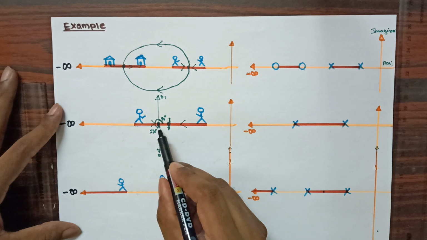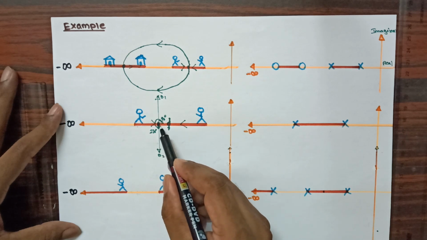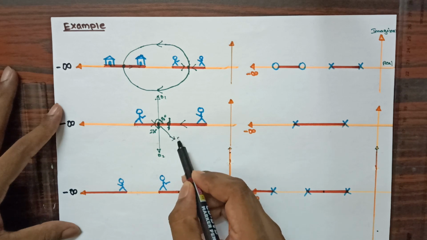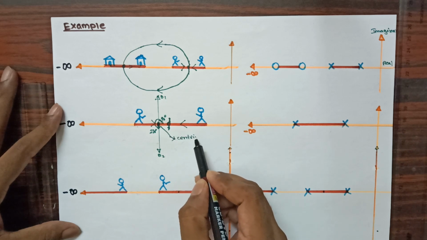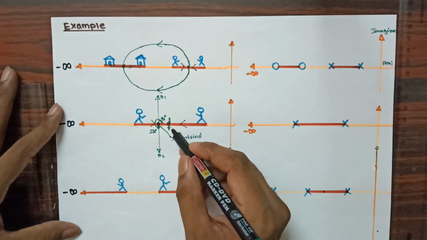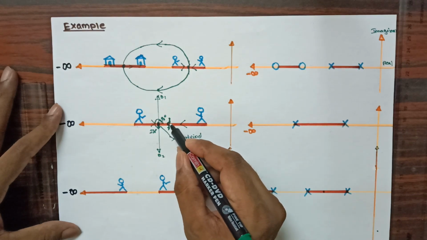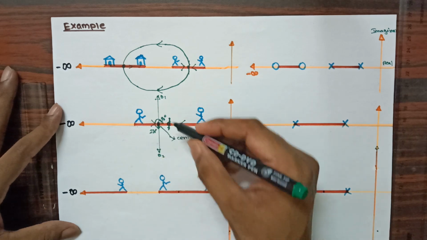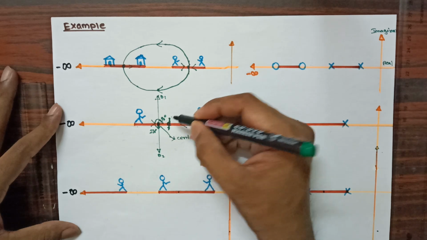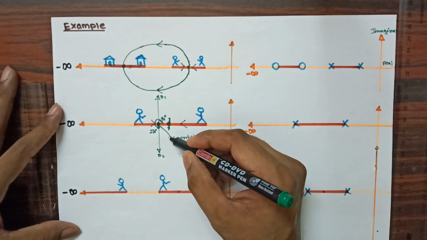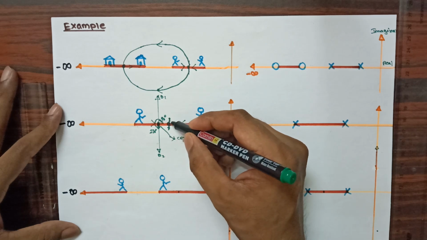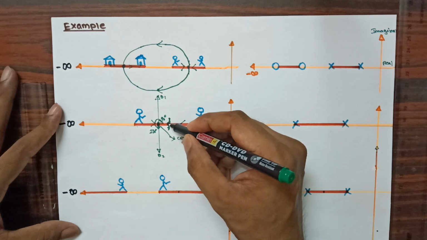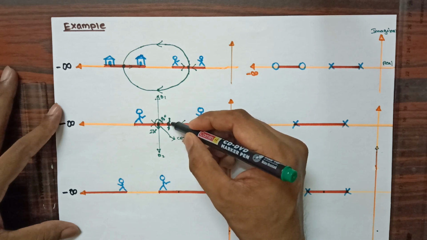Now you can see that I have considered a point here. This point I am naming as the centroid, and here you can see this is the point which I have considered as the breakaway point, where these two persons are going to meet, and once they meet, one person will go to the upper part and the other person to the lower part. So now when he comes out, he wants to approach infinity, that is the infinite destination. So he needs an angle to reach the infinite destination.